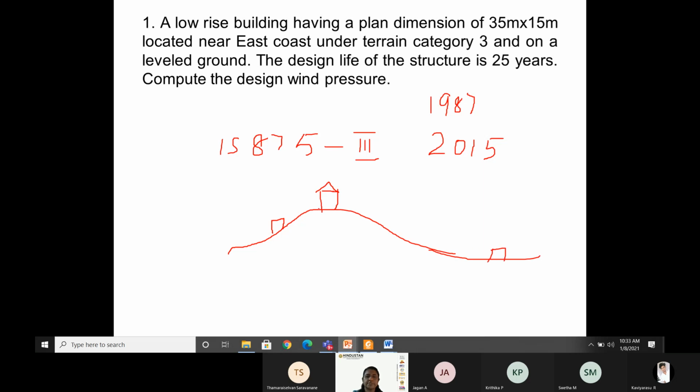So the building locations can be either at the top of the hill, or on the sloping land, or, suppose this is like a valley and then it is going high again, so this becomes a valley. So the wind speed in the valley, at the top of the hill, at the sloping land, or on plain land, all this is called the topography. You can see if you go to the northeast or any hilly area, Ooty, Kodaikanal, the topography is different. Whereas if you take Chennai city, it is a plain topography, a plain land.